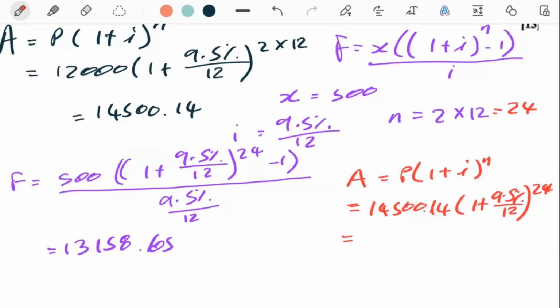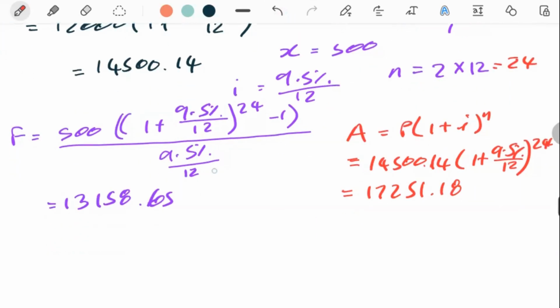This is giving us 17,251.18. And then adding these up together,